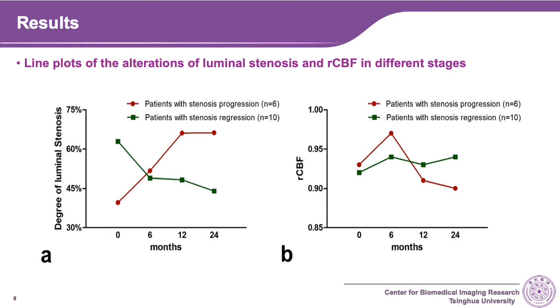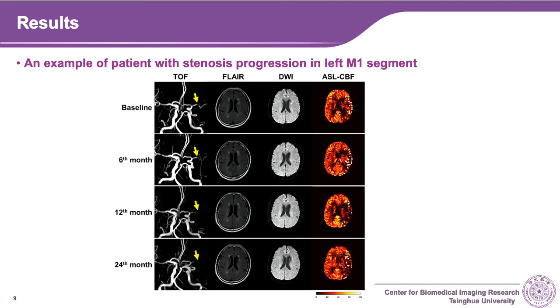Both groups received perfusion improvements at first 6 months. Then, the degree of vascular stenosis affected the alterations of cerebral perfusion. For patients who benefited from the drug therapy, the rCBF maintained at 0.93, which could represent relatively stable blood supply. For patients with aggravated stenosis, for whom statin treatment may be ineffective, further hemodynamic destruction happened in ischemic brain tissues.